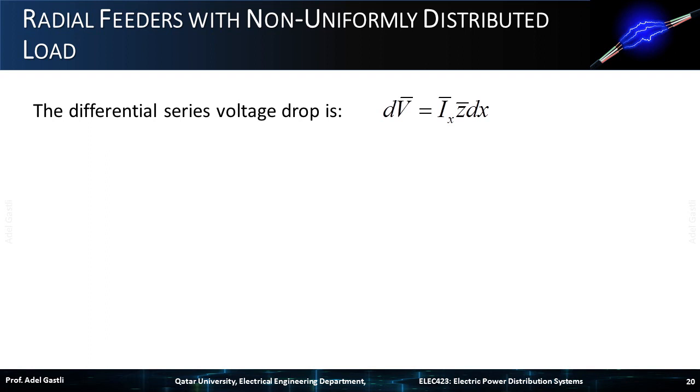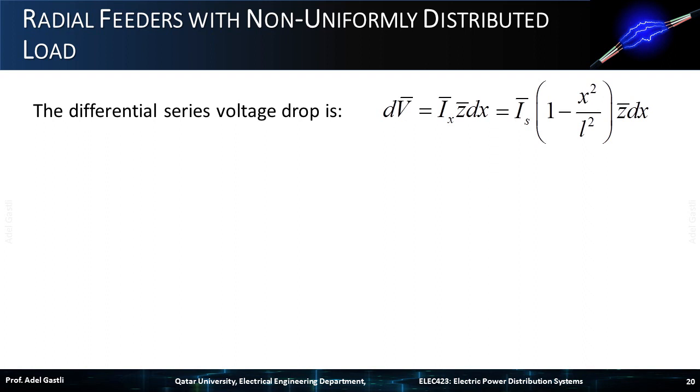Here, small z is the impedance of the feeder portion dx, or the linear impedance of the feeder. Replacing Ix by its previously determined expression yields dV equals Is times 1 minus x square over L square, all